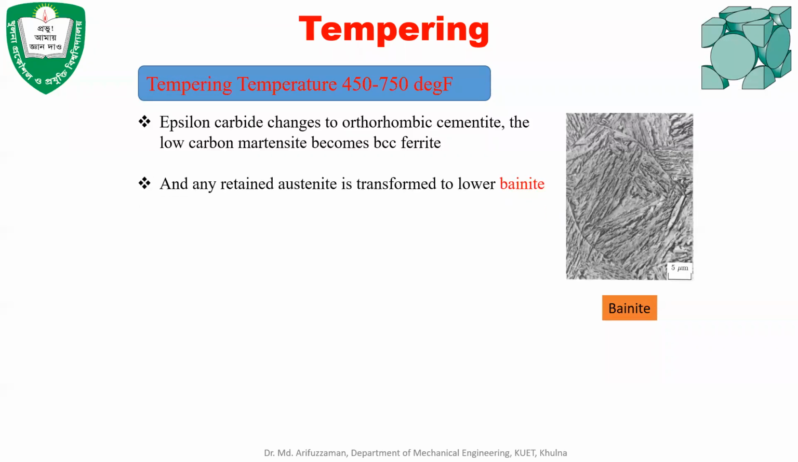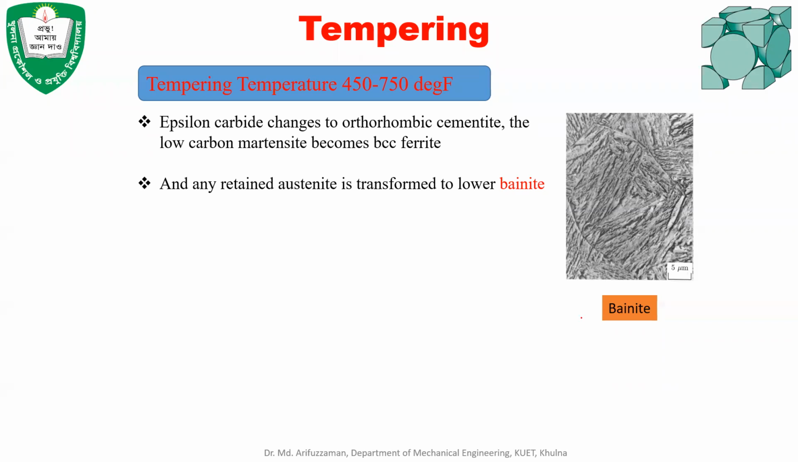And now the tempering temperature is 450 to 750 degrees Fahrenheit. In this case, the epsilon carbide that is forming changes to orthorhombic cementite. That means an orthorhombic structure is formed, and the low carbon martensite becomes BCC ferrite. The low carbon martensite that was formed during hardening converts into body centered cubic structure ferrite. That means alpha iron is formed, and the iron carbide present in the structure becomes orthorhombic